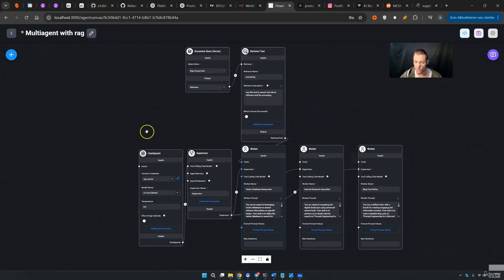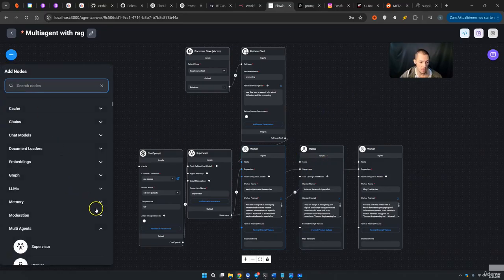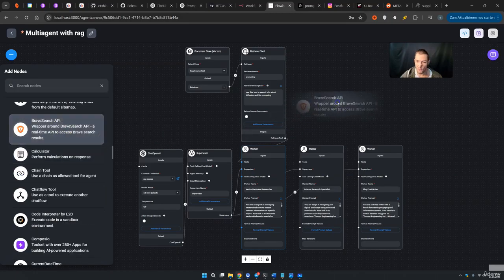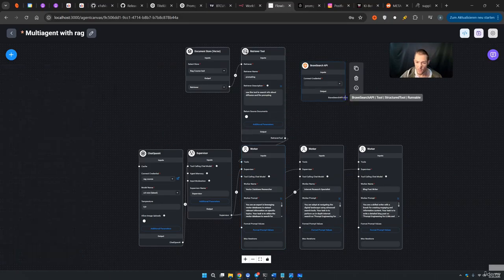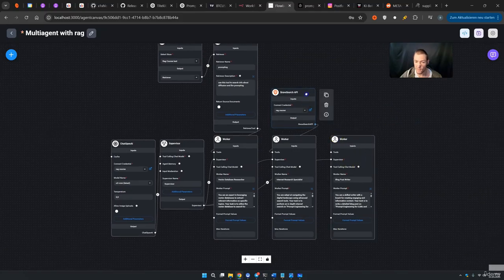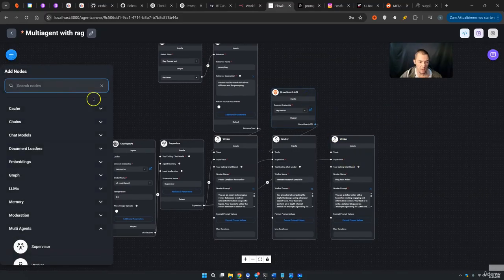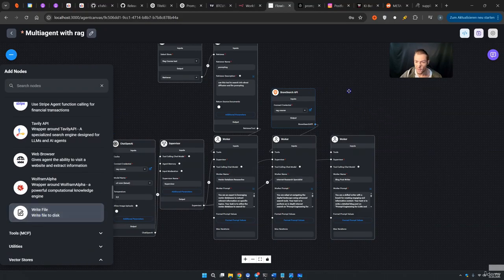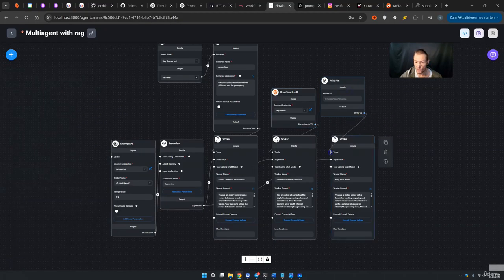Then the second worker has of course internet access, so you press plus. We scroll down to tools once again. And we want to have the Brave Search API, just like we have told. We throw the tool on it, and then we connect the credentials that we already have with this RAC course. And the last thing should save stuff locally. So actually, let's just press plus once again. We come down to the tools, and we use the write file to disk, and we also connect the write